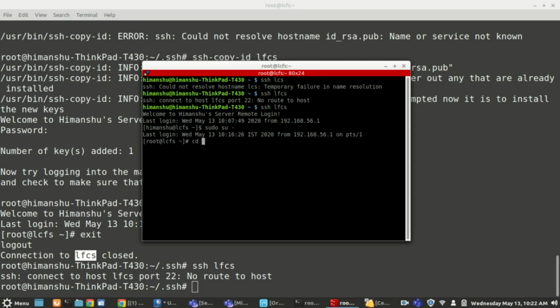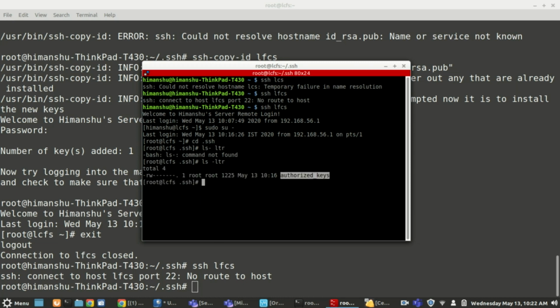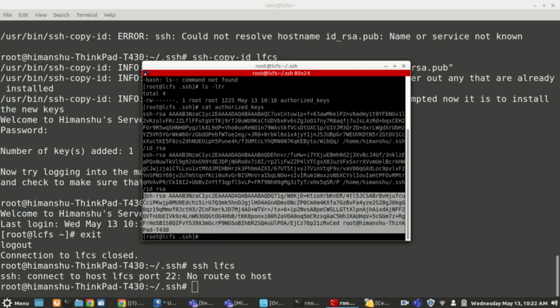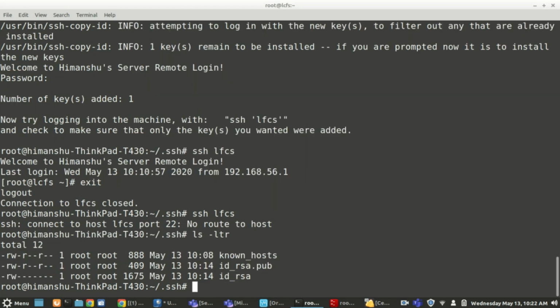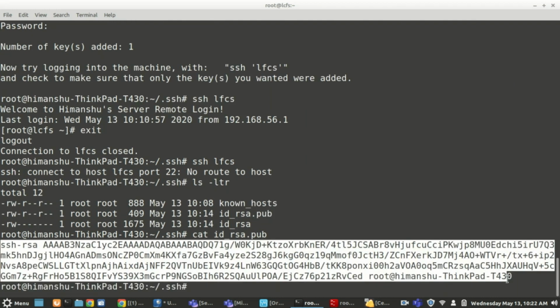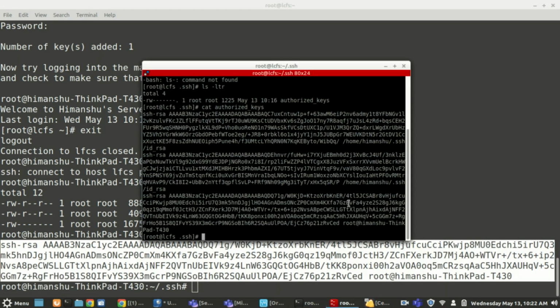Okay, so now if I go to the .ssh folder, it would be there, and here also. So see, there are authorized keys. Which are the authorized keys that are here? If you see, there is a connection from root here. So whatever is this key in the public key, see, this is my key right now. The same key is stored on my server here. If you compare, this is a big key, so it would be difficult to compare, but if you match it, everything is the same here.